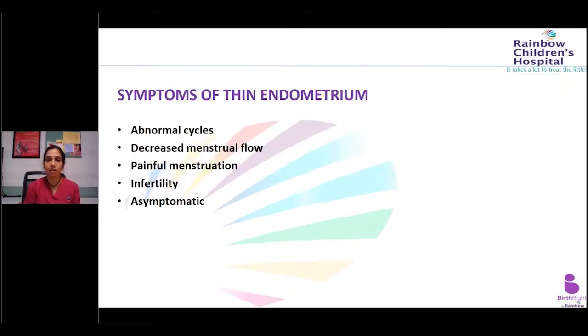Do we really know that thin endometrium has some symptoms? In our history, can we elicit them? Yes, definitely. Some people might come to your clinic telling you about abnormal cycles, decreased menstrual flow, or painful menstruation. Or they might come with an infertility issue, not having any of the above symptoms, or any symptoms at all, which comes under a criterion called asymptomatic thin endometrium, which is accidentally diagnosed